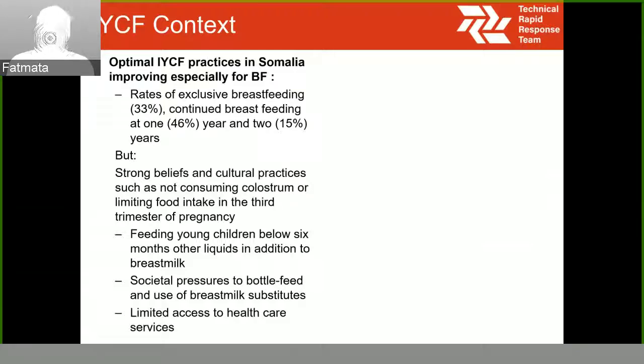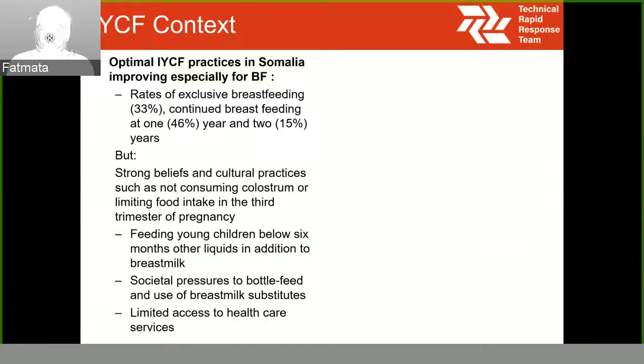Exclusive breastfeeding is at 33%, continued breastfeeding 46%, and breastfeeding up to 2 years at 15%. Even though these rates are not meeting the global targets per se, they are still not very bad. It shows that there has been an improvement since the last time we did a national survey in 2009.